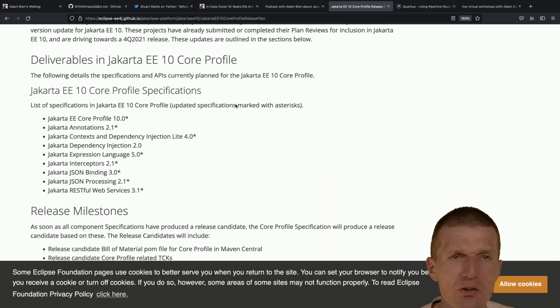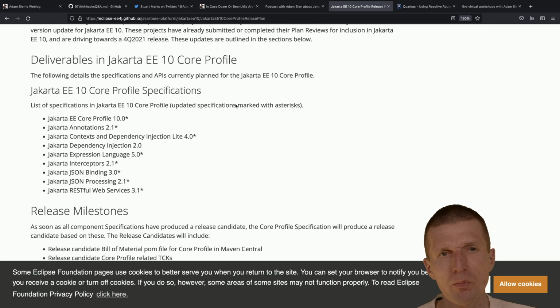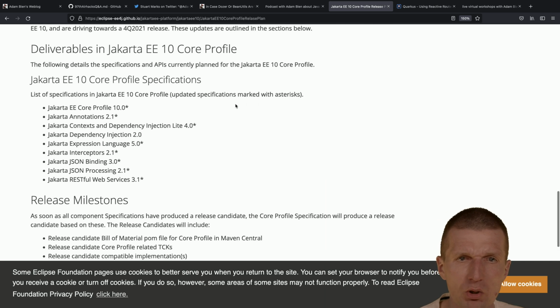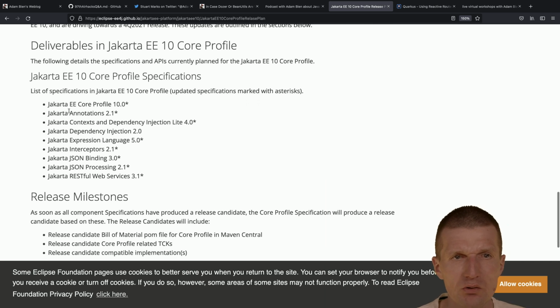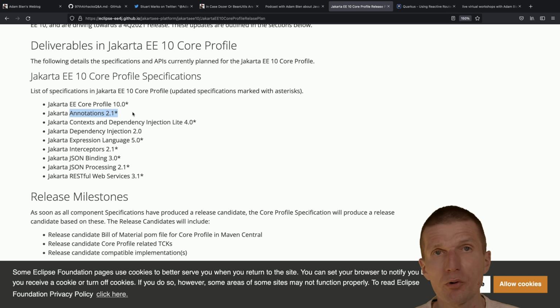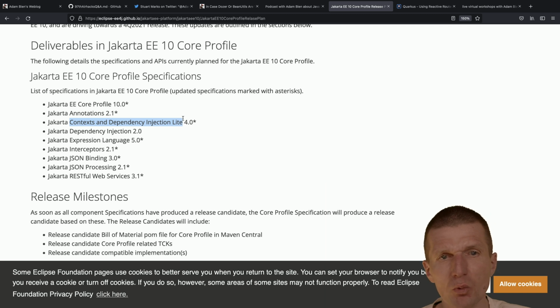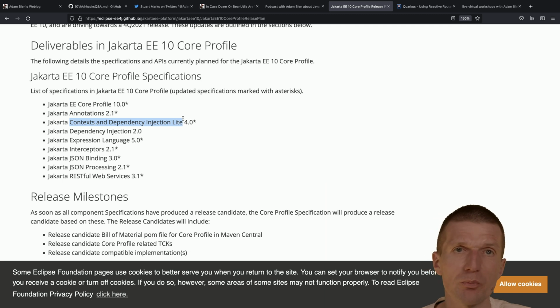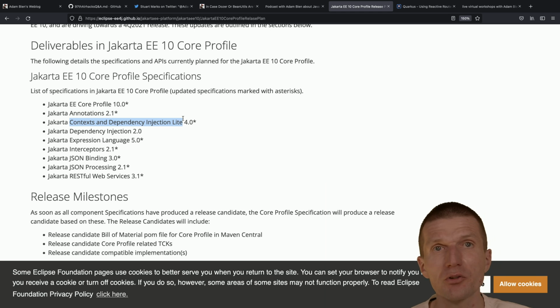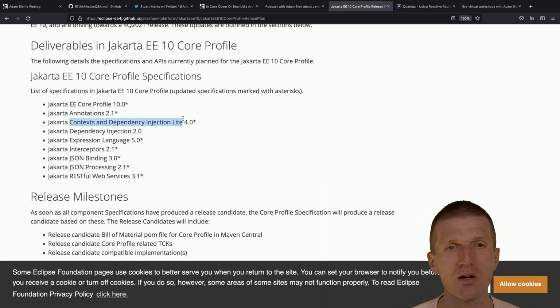Now the Jakarta is working on Jakarta E10 core profile. And what their profile will comprise is Jakarta annotations, which are post-construct, for instance, and pre-destroy, CDI light. And CDI light means CDI without reflection, basically. And if you're interested, listen to the podcast, because I had a chat with Arian Times about that. And he said, okay, we had